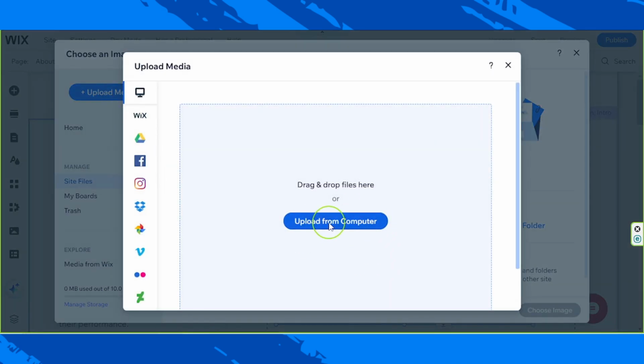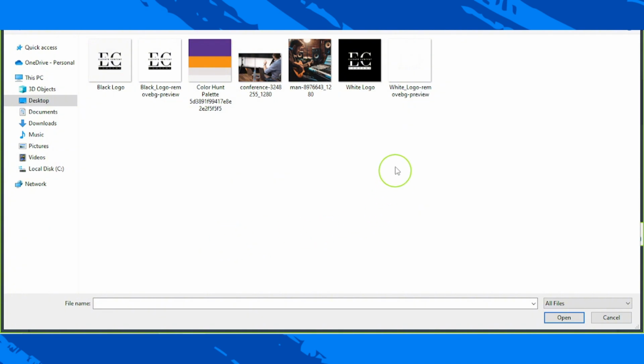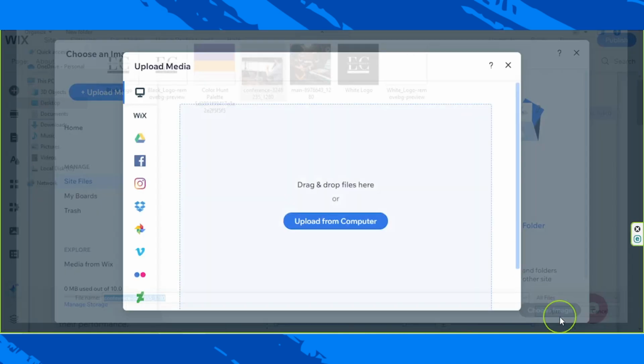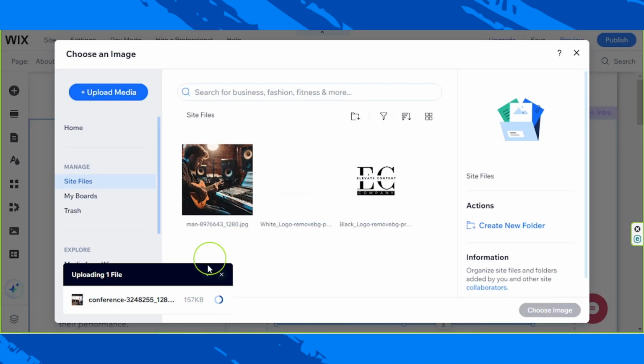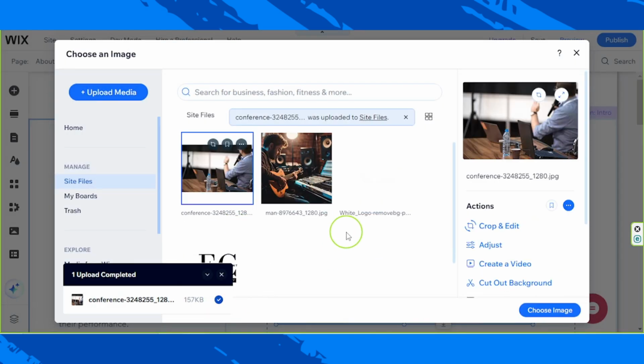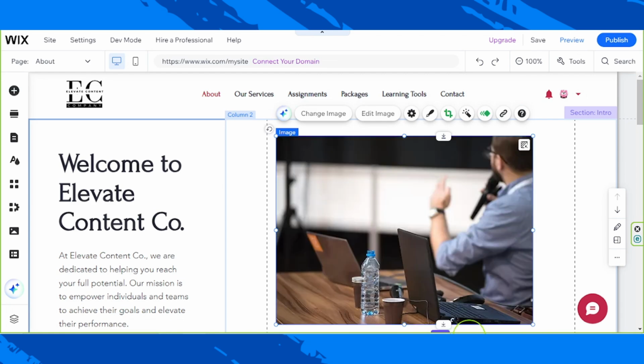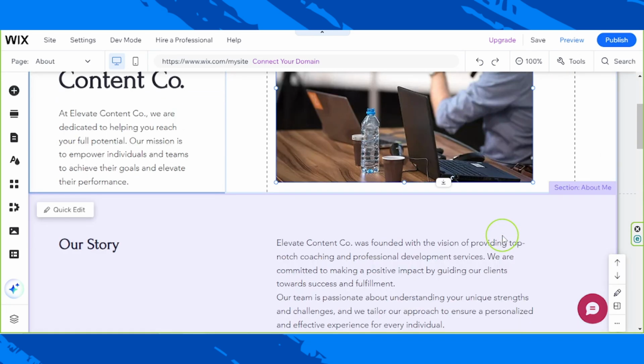Click on Upload from Computer, go to the location of your file, select the file you want to upload and click on Open. So let's wait for it to load up. And once it's fully uploaded, we can click on it and click on Choose Image, and it'll automatically change our